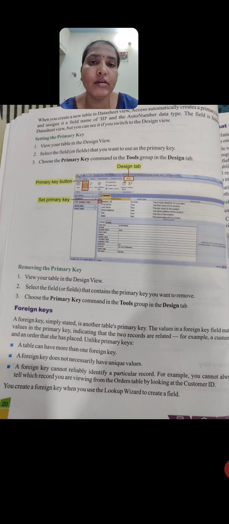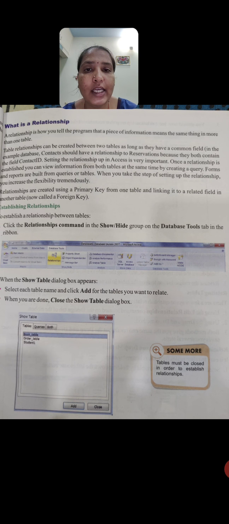Name 1 and name Praveen will be the name. There are two persons in a class with the name Praveen, but with different student IDs. The student ID will become the primary key, and the name will become the foreign key. So that is what we can call a foreign key here.